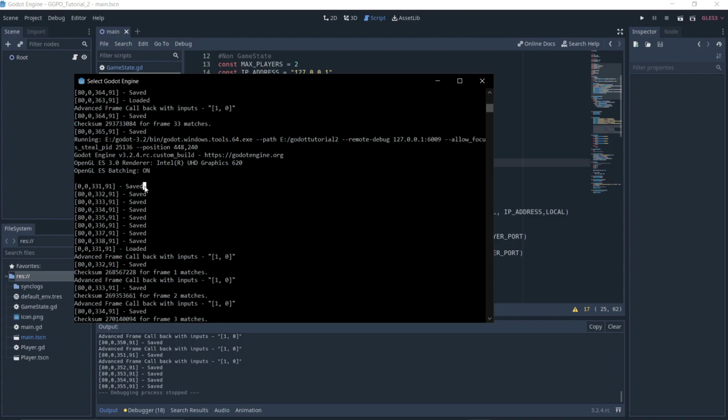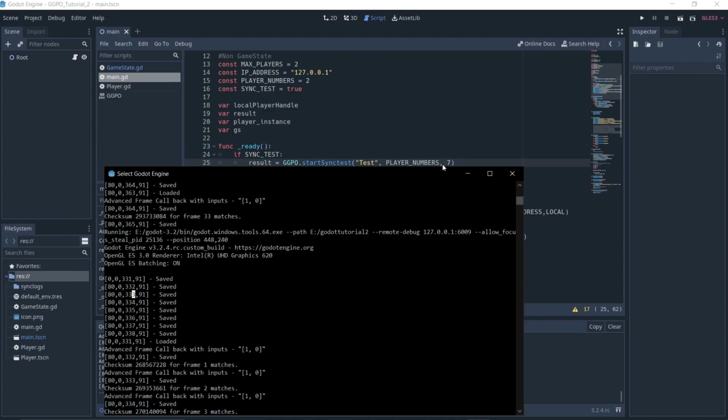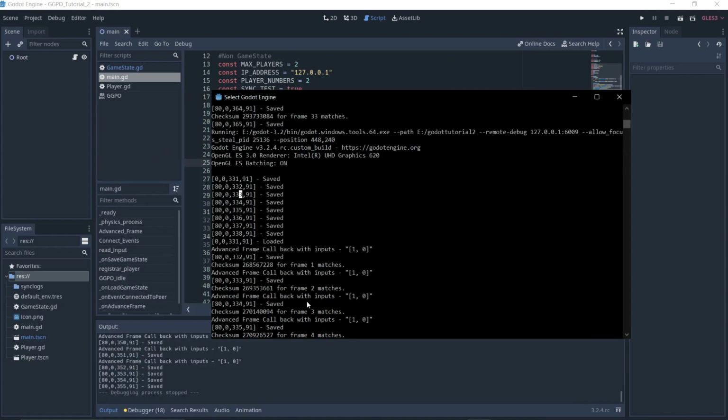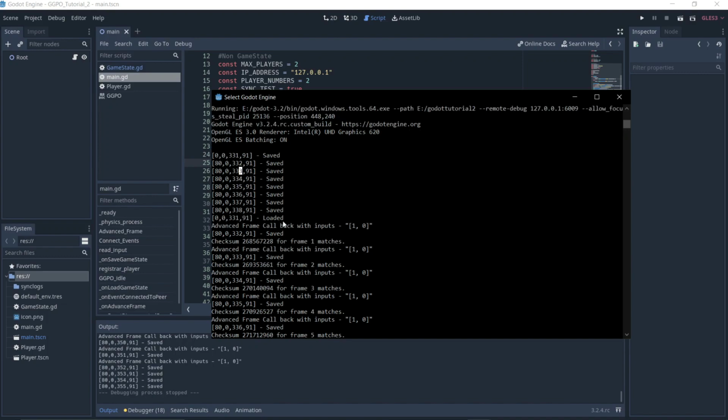So you can see it gets saved about 7 times, and that's the 7 frames of delay that we put on. Well, not delay, but it runs 7 frames to be saved. Each frame gets saved, and then it gets rolled back by 7 frames. And you can see save, save, save, save, save, saved, and then that saved is wrong, so it gets loaded